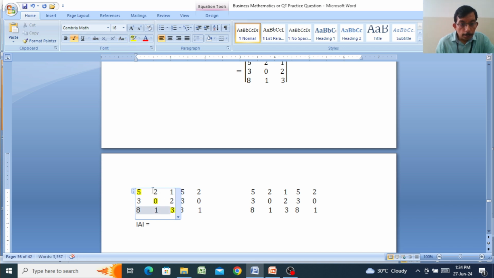Now we take the second diagonal element. Now the last diagonal element. Is equal to bracket 5 into 0 into